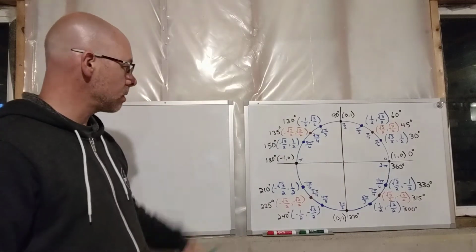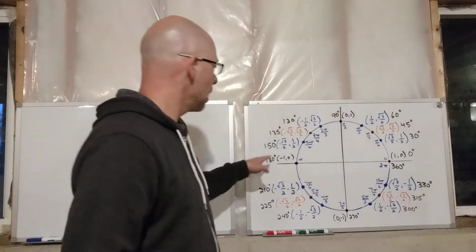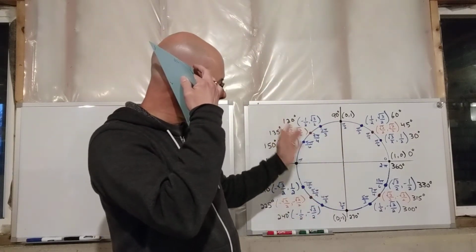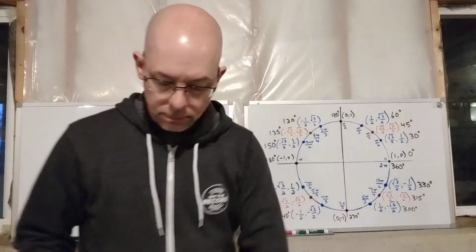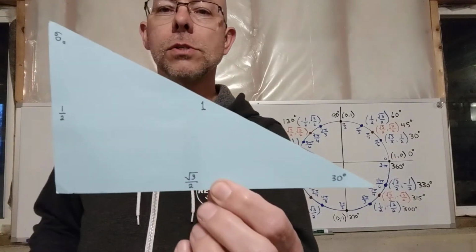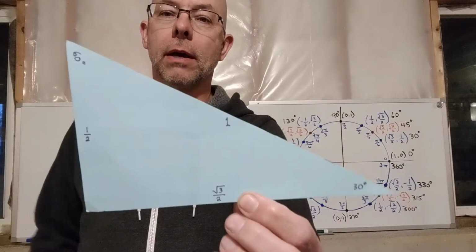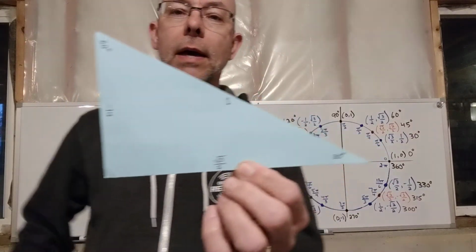I can write this unit circle. I've got all the degrees on the outside here. I've got the radians marked on the inside here. I have all the coordinates marked. So what? What's the big deal? If we look at this triangle, and I'm going to get in close here, I'm going to focus on this 30-degree angle right here with you guys,